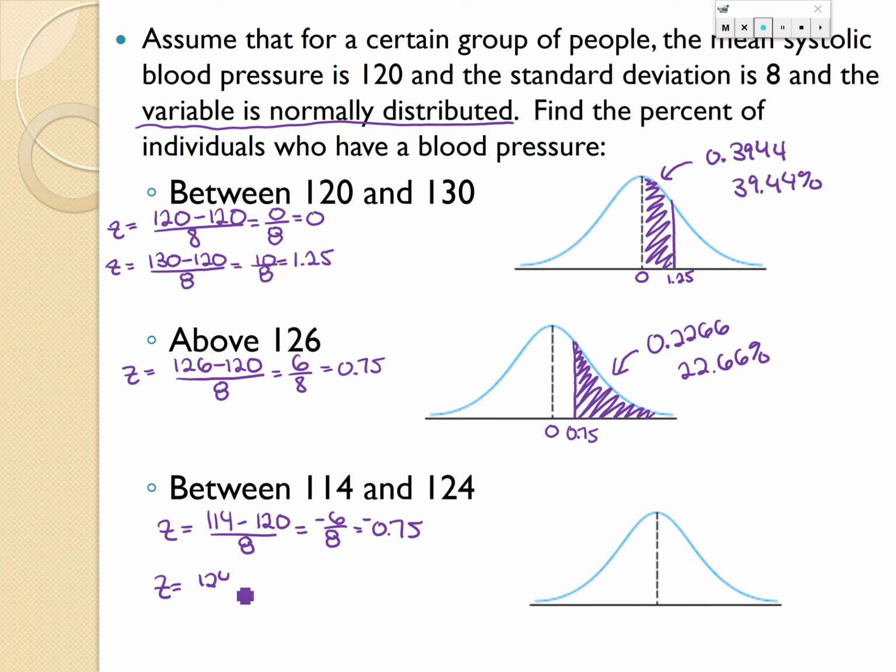So 124 minus 120 divided by 8. And we get a half. So negative 0.75. And then positive 1/2. And we want between those two. Now again, I want you to make sure that, table, calculator, whatever you like, this one should come out to be